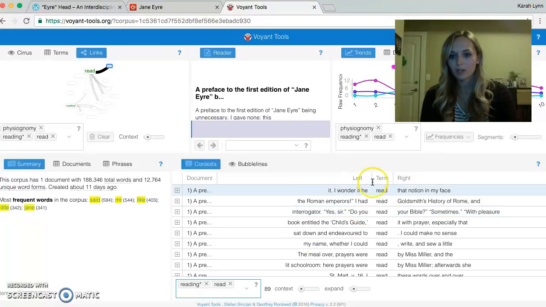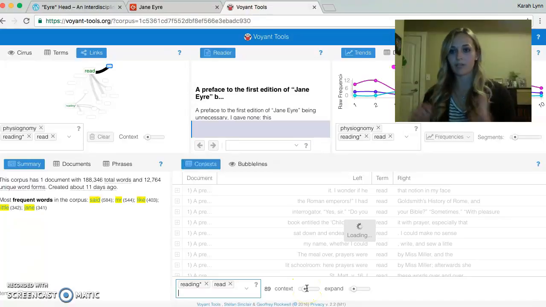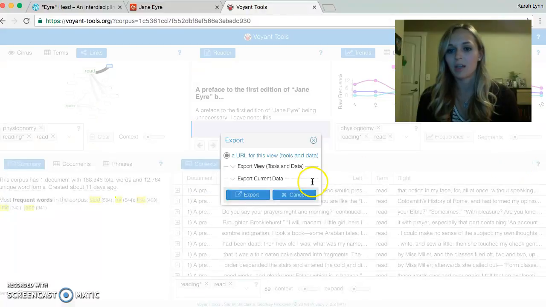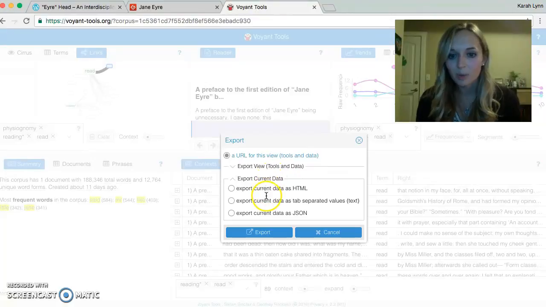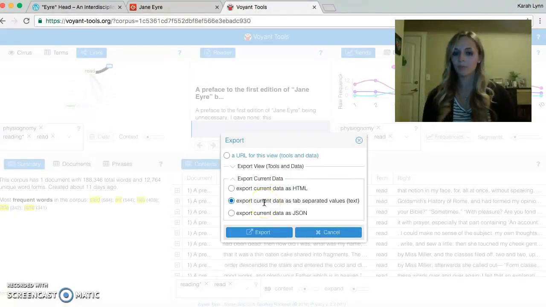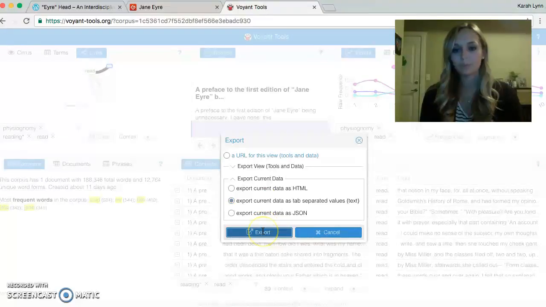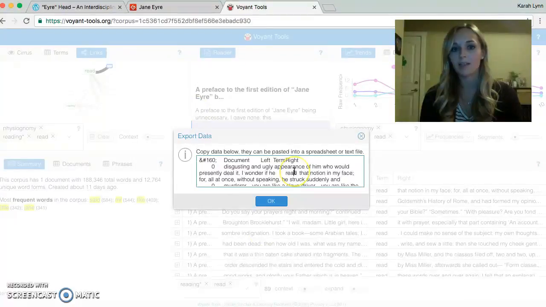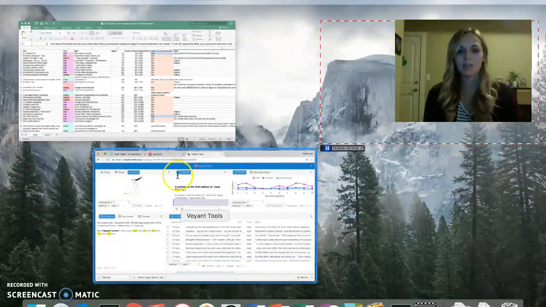So it shows you the context of that word as it appears in the novel, and you can include more words on either side if that's what you prefer. And so what I ended up doing is changing that, going into the export option, and exporting it as tab-separated values. And if you do that, it gives you this, and you can copy and paste all of it right into an Excel spreadsheet. So that's what I did, and I developed my own